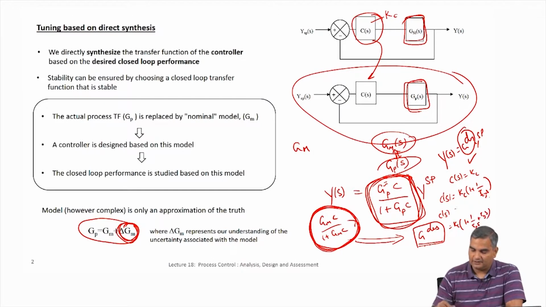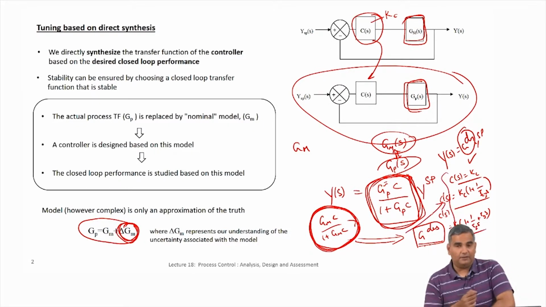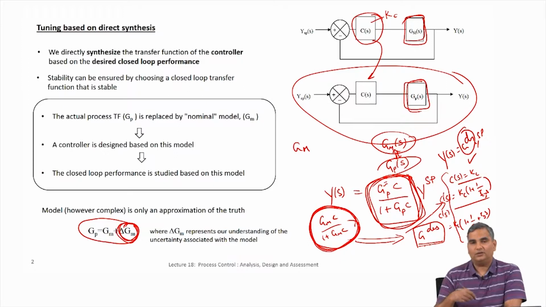So, these are the structures that are already defined, but when I put a G desired and then compute a controller, the controller need not be in any of these structures. Okay, so, they might not even be in a PID structure. So, if you are trying to tune a PID controller using this, and if the controller that comes out itself is not in the PID form, then you cannot back out what are the tuning parameters. Okay. So, that is a disadvantage,